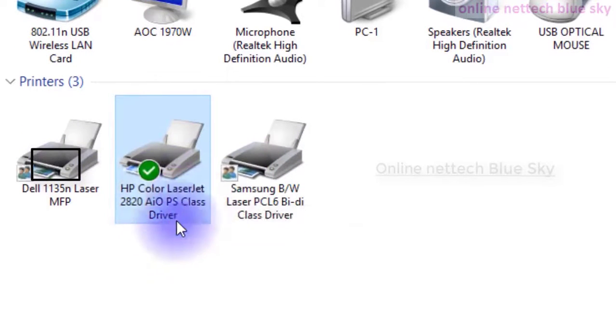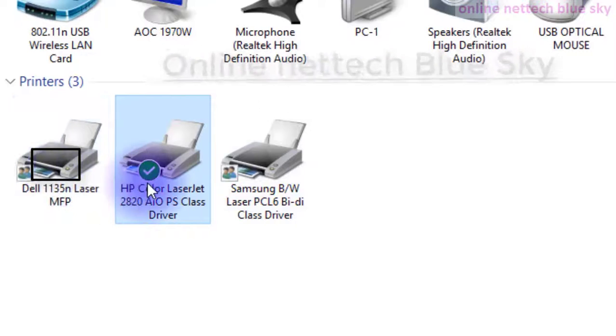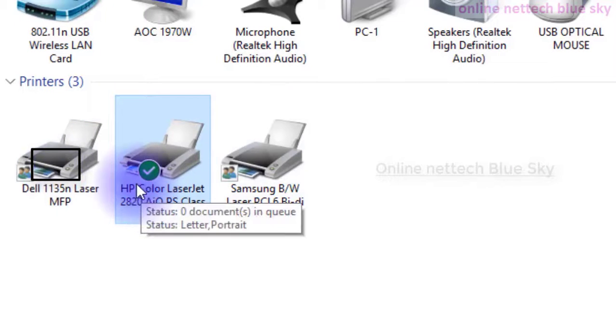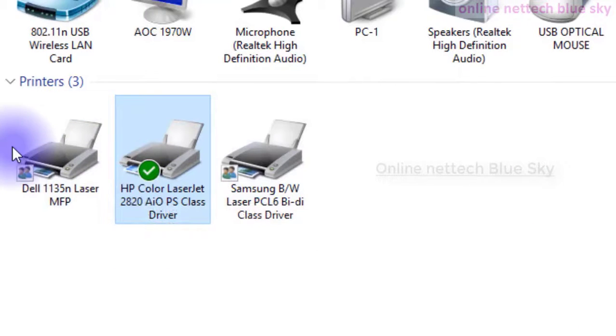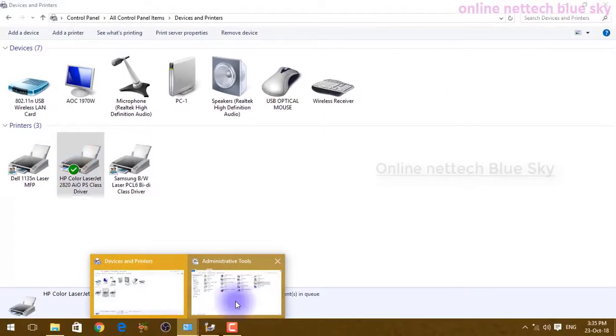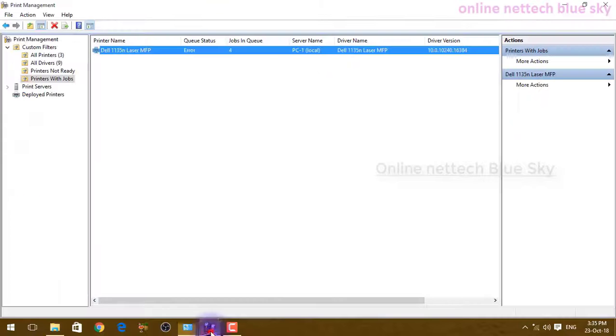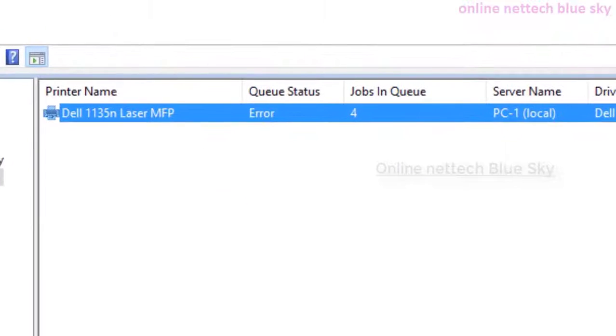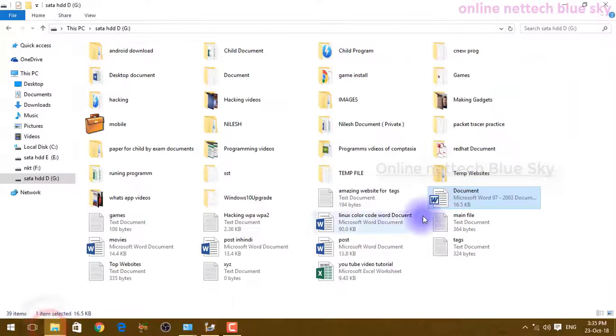Right click here on my printer and start it, so the green tick mark is removed, as you can see here. The green tick mark is showing for your computer HP, meaning this printer is powered up. This is my second printer I'm showing here. All of the printing commands are not automatically transferred directly, so manually I again give the printer command for printing.